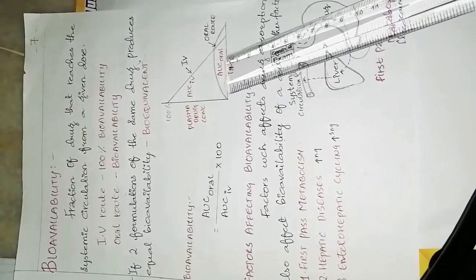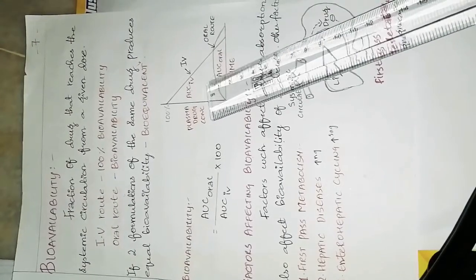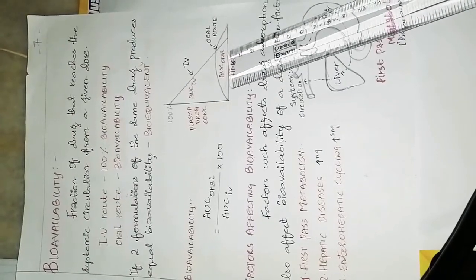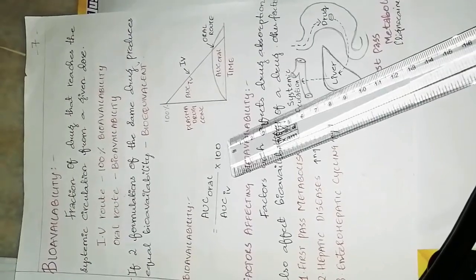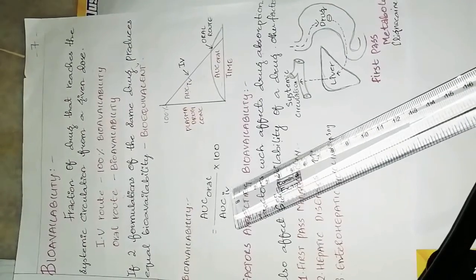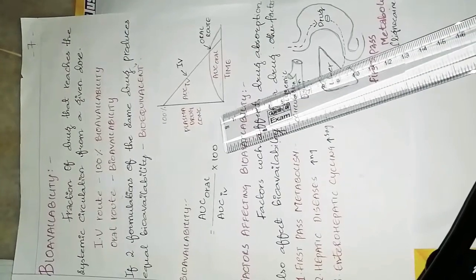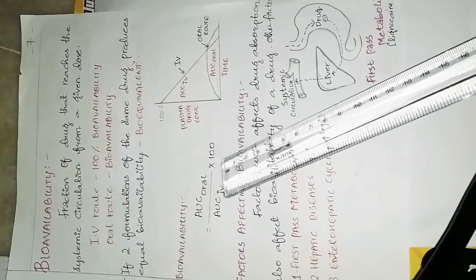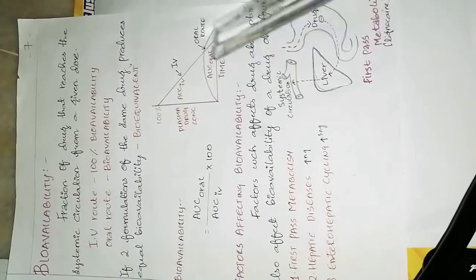And from this we can see the area under the curve, that is the area covering the curves: the area covering the curve through the IV route, and the area covering the curve through the oral route. From this AUC, the area under the curve, we can find out the bioavailability of the drug. Bioavailability can be calculated as AUC oral by AUC IV, times 100. Hope you people get a clear idea about the